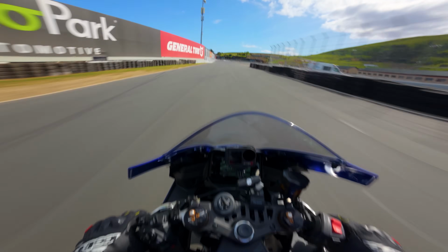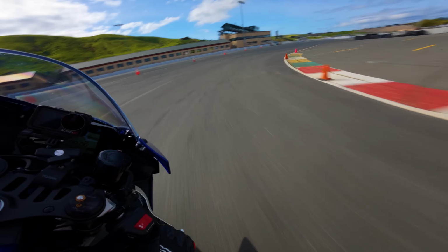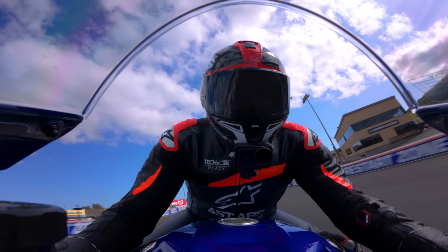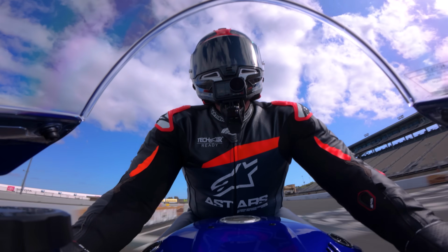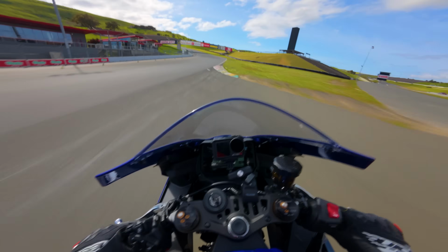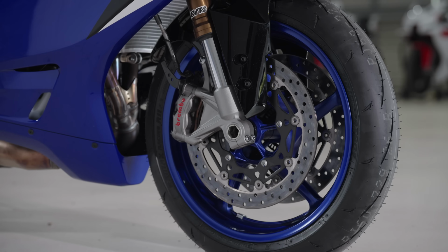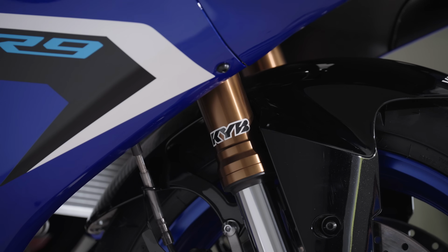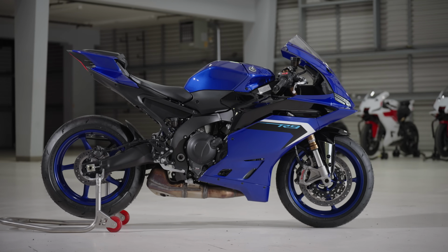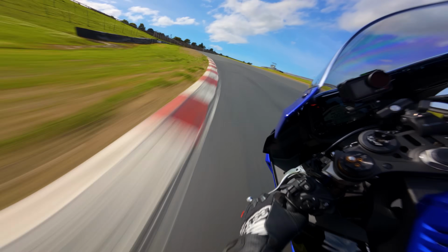So me pulling in on the front brake, and all that suspension having to work, all that frame having to work to not bend and do whatever. I have never felt so confident and so able to come into a turn and be really hard on the brakes. There is something absolutely magical with this motorcycle, with the Brembo brakes, the steel braided brake lines, and the KYB suspension, and the frame. All of those things are working in absolute perfect harmony to allow a guy, like, I'm